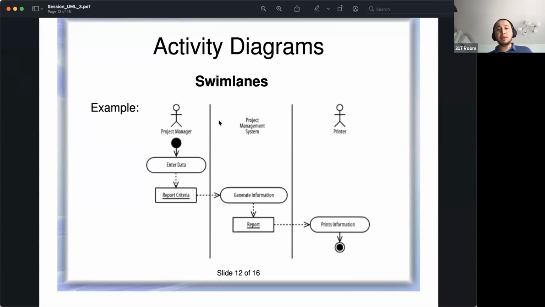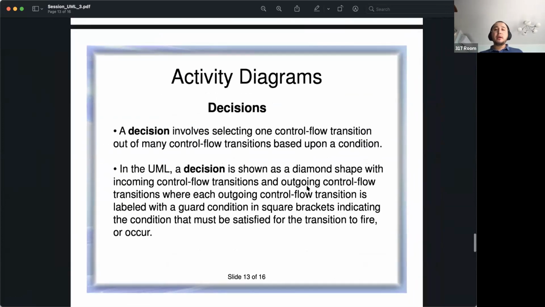And by swim lanes, now you have a better idea. Okay, the generate information action is performed in this area, and other actions such as enter data and print information are out of the control of the project management system, right? So swim lanes let you define your project even in a better way. And